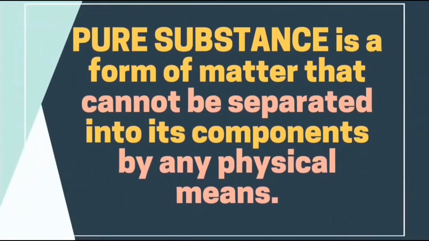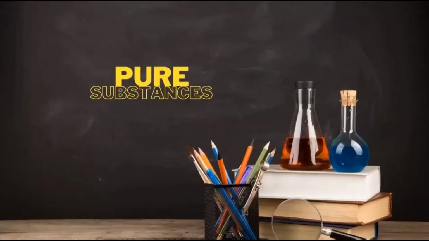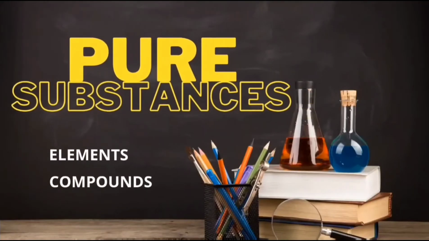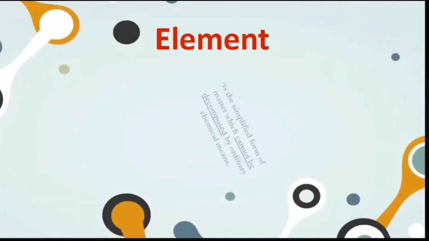Pure substance is a form of matter that cannot be separated into its components by any physical means. It is made up of only one type of atom or molecule and have a definite and unchanging composition. There are two types of pure substances, namely elements and compounds. Number 1, elements. An element is the simplified